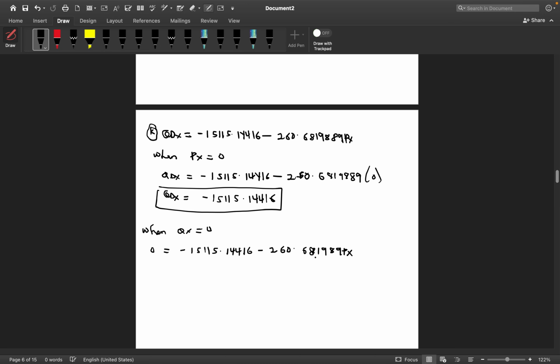So since we are finding PX, we move it to the left hand side, becoming positive. So I have 260.681989 PX is equal to minus 1,511.5.14416. Since I'm finding PX, I'll divide both sides by the coefficient of PX, which is